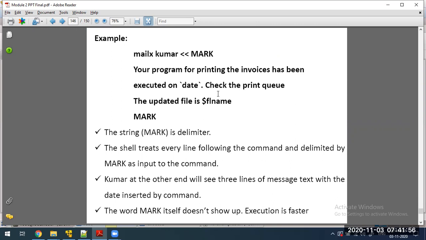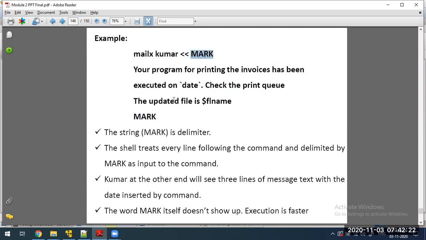Instead of using the external file, if I want to do the execution faster, then whenever I write the command in the shell script, I'll write this command called mailx to this person Kumar. Whatever content I want to send to that person, I'll write inside the delimiter called mark.